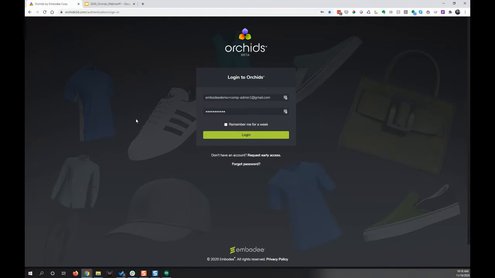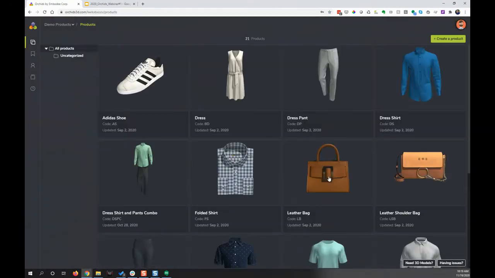So what I'm going to do here, I'm in a browser, right? I'm in orchids3d.com, and I am going to log in as a product administrator. Product admins have the ability to invite users of all types, such as artists and collaborators, to the platform, create product lines, import and set up models, and so on. So they're among the super users of the platform. I'm just going to log in, and I'm going to land here on what we call the grid. Anyone logging into the platform will land here. Up in the top, you see the product line that I'm in. You can have multiple product lines within Orchids.